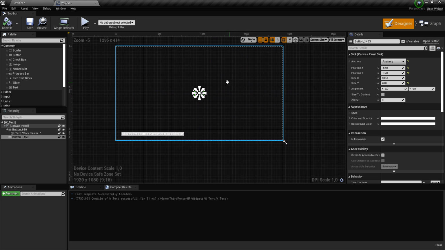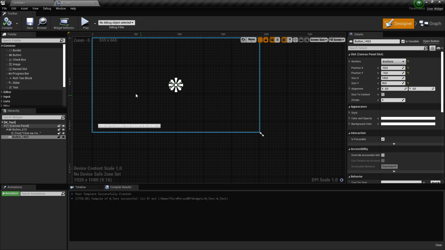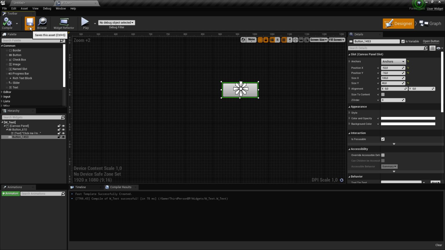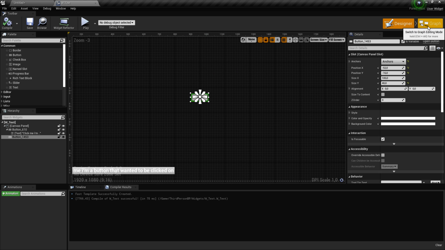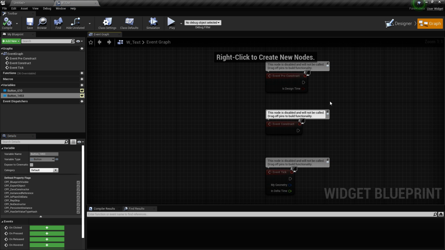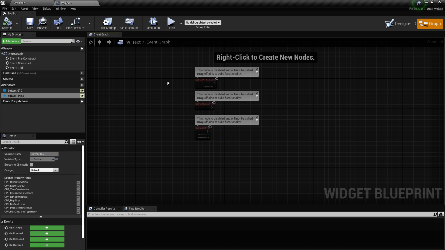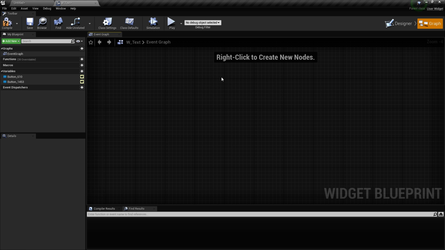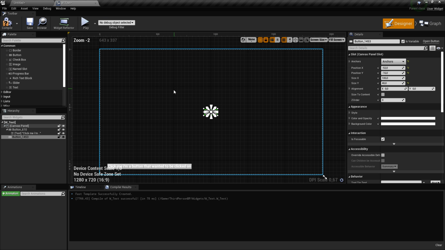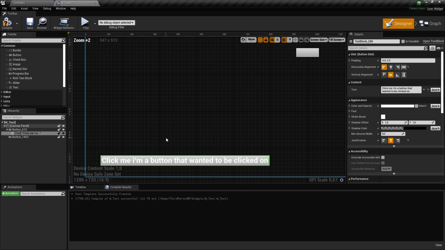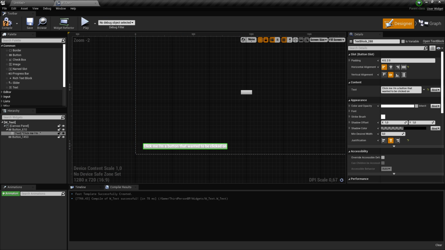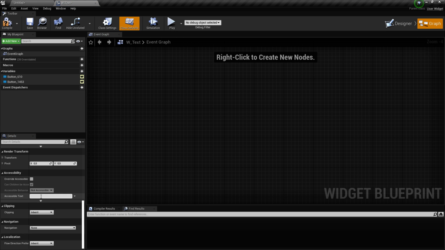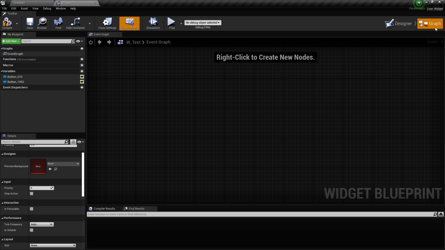Okay, so here you have everything that you saw, the widgets, and on top of that you have the Graph mode. Graph mode is where you're going to code the behavior of your widgets. For example, if I have my click button, I can go into Graph and scroll down my details to find which one it is.